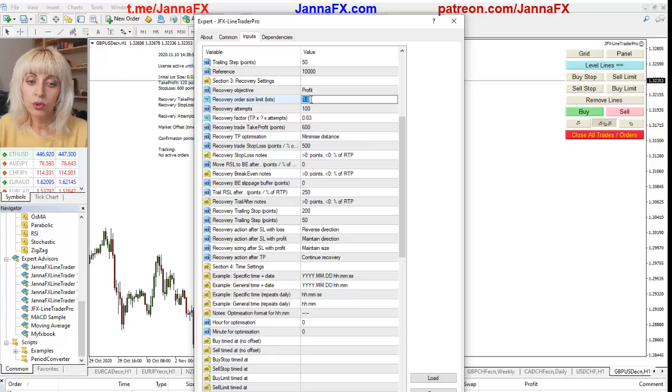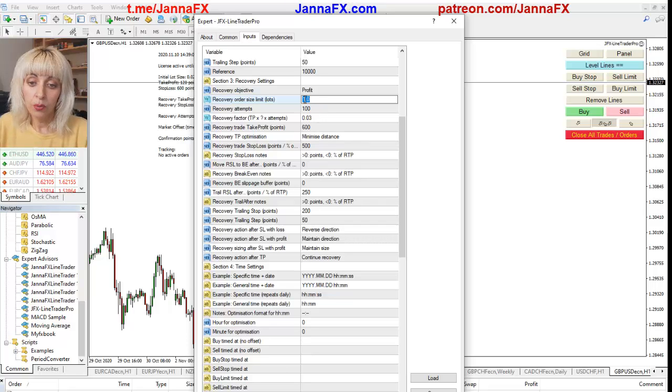But if you don't want to risk it, depends how big your account, of course, money management, you want to say, I don't want the lot size to go bigger than one lot. So, okay, before one lot it goes and that's it, stop the recovery, because the recovery process, yes, it can go into a few